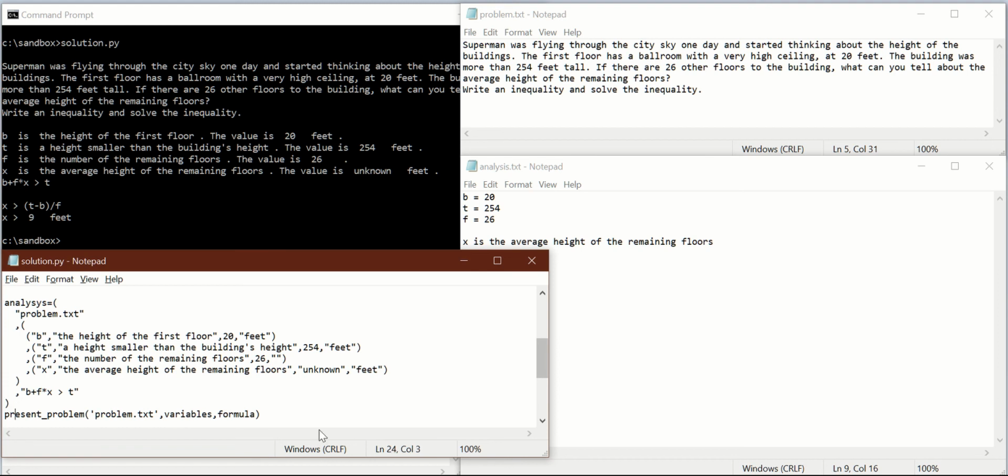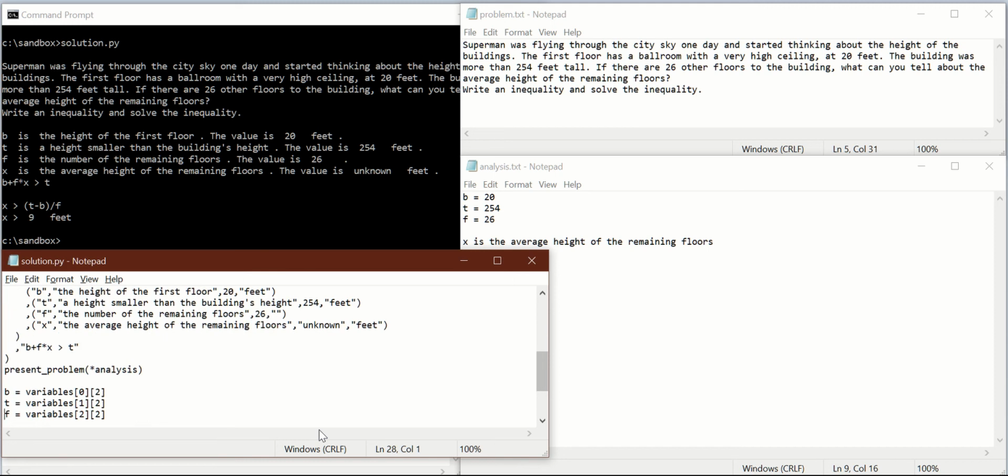Now the present problem will use the content of the analysis tuple. So that's asterisk analysis. So asterisk analysis is the content of the analysis tuple. Okay, then what we have? Well, we have here variables. So variables is now